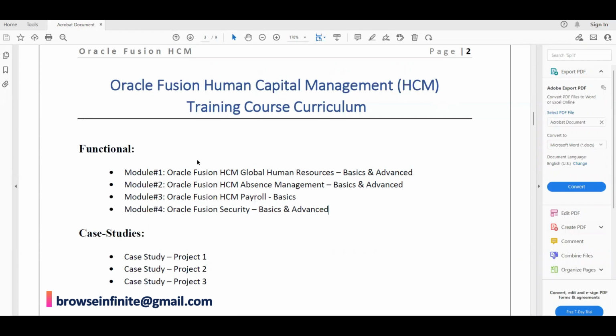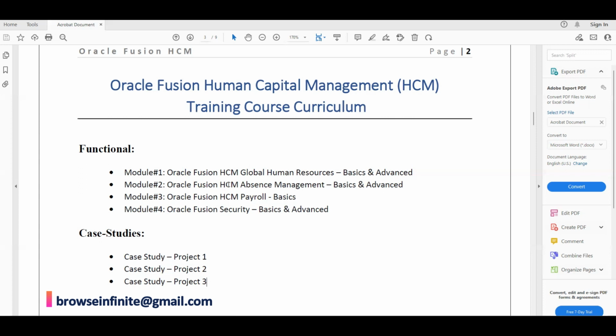So this functional course will cover the important modules. Any consultant who wants to search for a job will more likely get this requirement, right? Most companies will look for this. Apart from this, once you learn this and want to leverage or learn about additional modules, you can do it yourself, or you can take separate classes for each module. So that's how we build this particular course. So we cover 4 modules: HR, absence, payroll, and security. And we give you a case study for different concepts for each module. We have a case study for project 1, project 2, project 3. This completes your